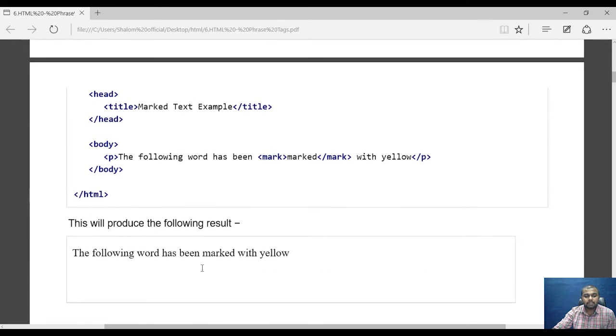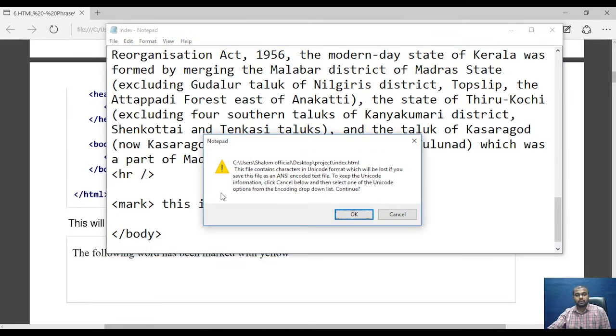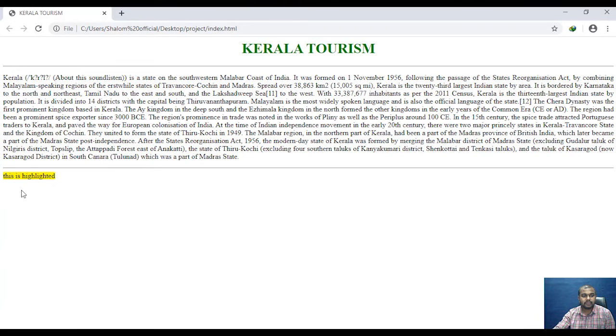What the mark tag does is, I'll just type in here mark, M-A-R-K, and I'll give this is highlighted, slash mark. So we'll see the output. If you refresh, you can see a yellow background.